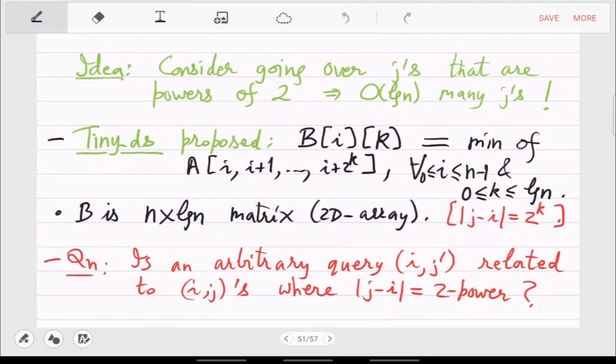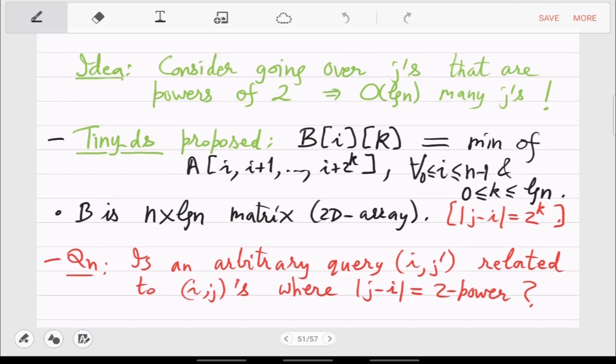So what we are investigating is this idea of focusing on one index, the first index i, and then only computing and storing a few of the j's. So you take j to be a power of 2 and go from this i to i plus 2 raised to k. So basically j minus i is equal to 2 raised to k.